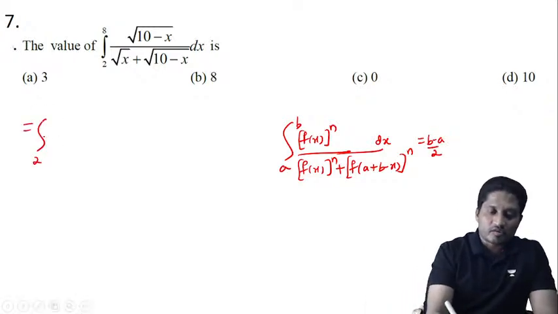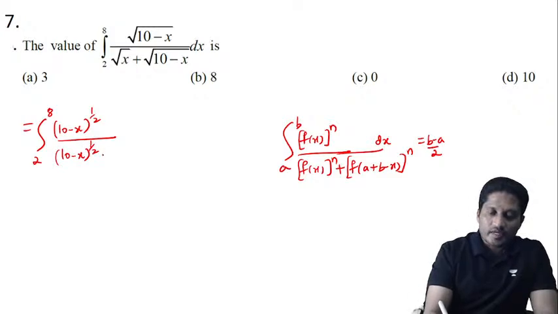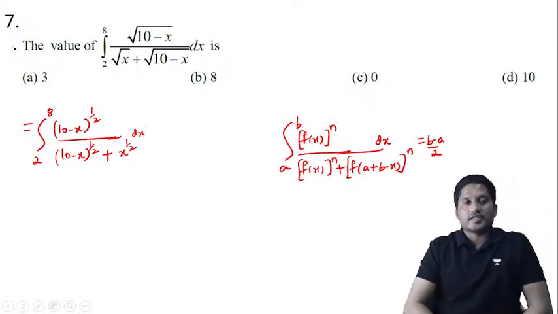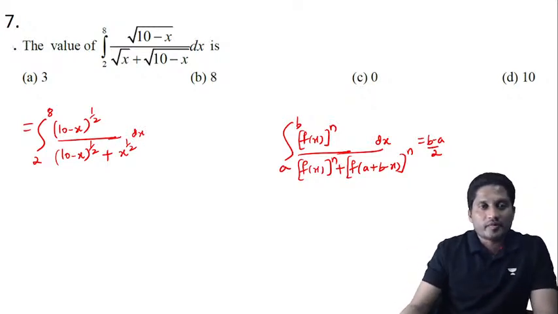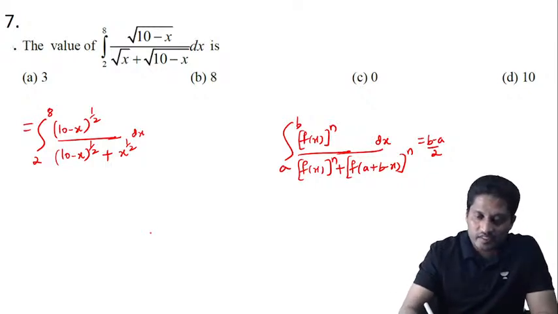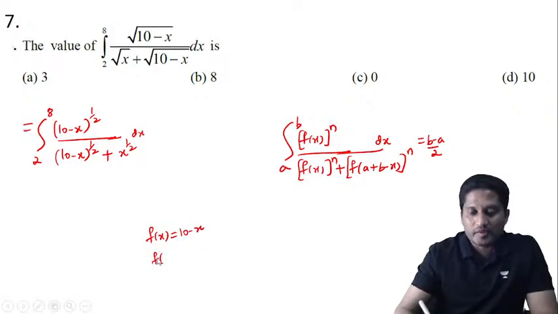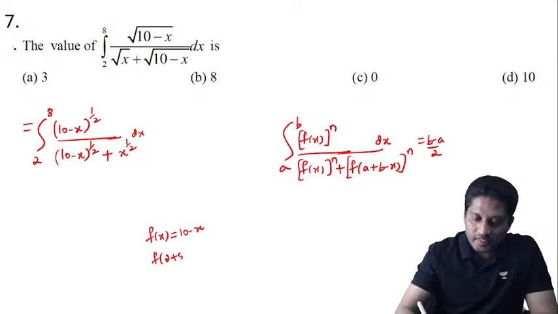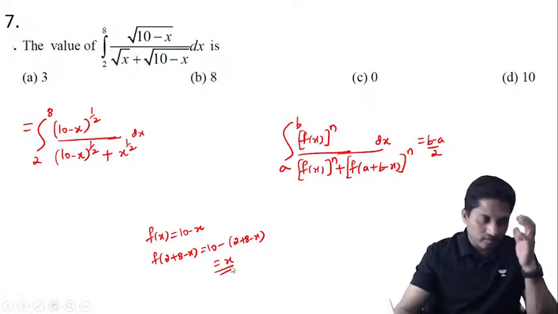Here the question is, the limit is 2 to 8, 10 minus x whole to the power of half, this is f x power n. Again I can write this as 10 minus x whole power half, divided by that plus x to the power of half, dx. It is the same, guys: f of x power n, f of a plus b minus x whole power n. If you take this as f x equal to 10 minus x, then f of a plus b minus x, that is lower plus upper minus x, will change x to lower plus upper minus x. If you open the bracket, you will get this as x only. The answer will always be